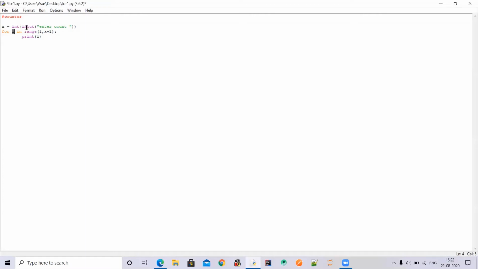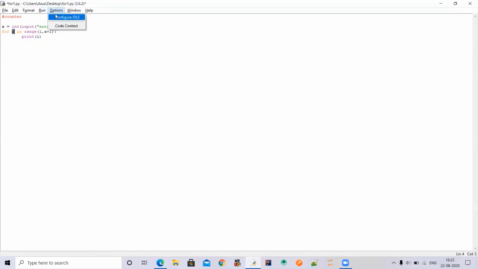Suppose a user inputs a length of 5, then it will go from 1 up to 6, because when the range function prints each digit one by one, it goes from 1 up to n minus 1, where n is the length given by the user. So that's why we have given a plus 1, so that it goes up to the end of the digit which the user inputs.